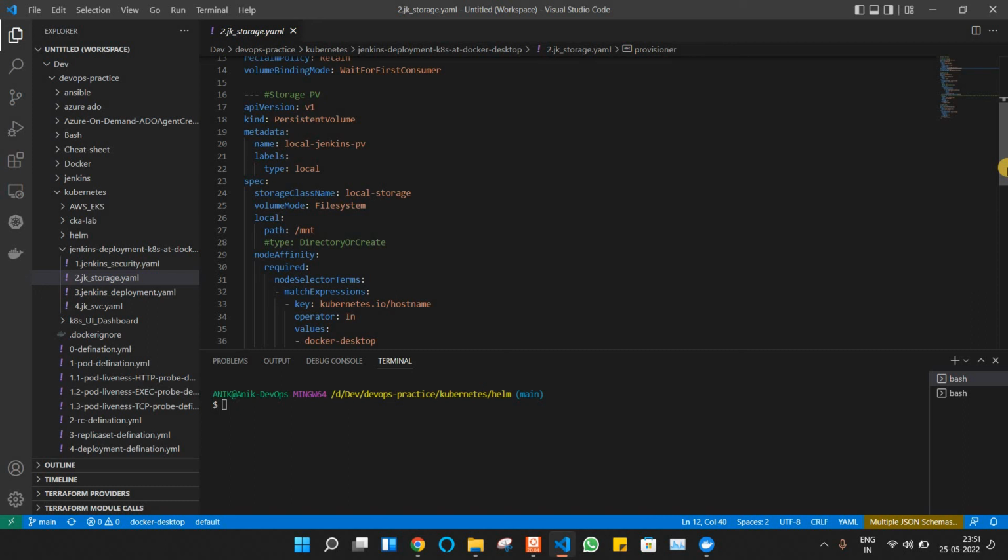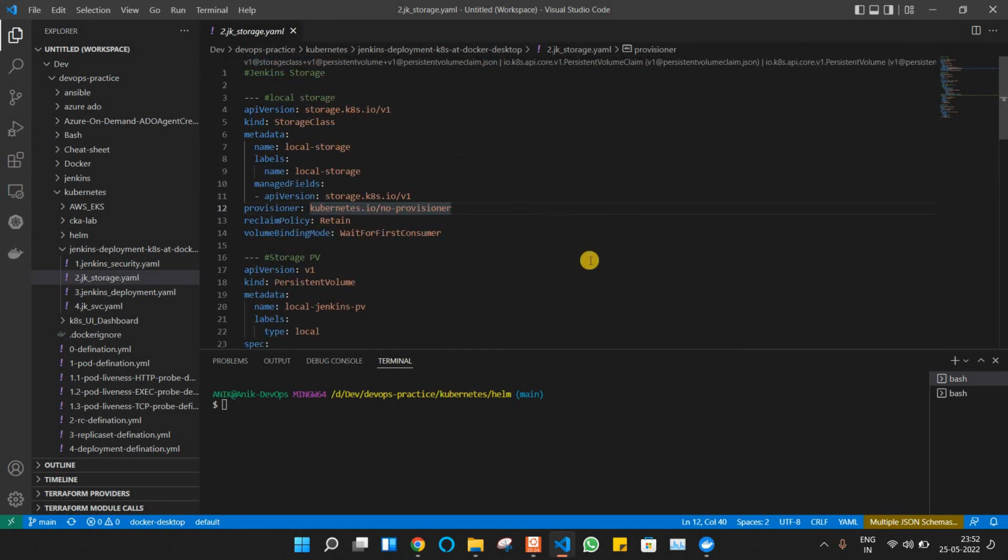Just like in Docker we use volume mounting, in Kubernetes we have persistent volumes and claims for the deployments. So here I am using a persistent volume to mount the Jenkins application's home directory. Before going on, as we are using Docker Desktop and doing the installation locally,